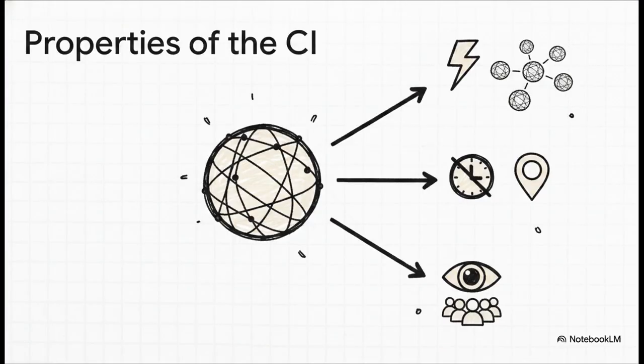Take a look at the core properties that make this infrastructure so uniquely impactful. First off, it connects us to massive, really information-rich networks instantly. Second, it enables anytime, anywhere communication with practically zero barriers. There are literally no office hours, no physical distances to worry about. And third, it makes almost all of that communication highly visible to a massive number of contacts, and for a very long period of time. This infrastructure is a real game changer because it essentially puts our entire social lives on public display nonstop.